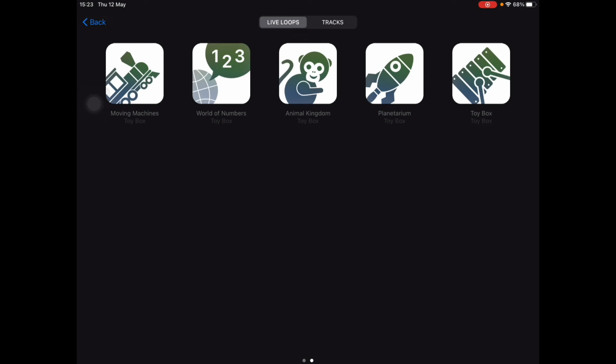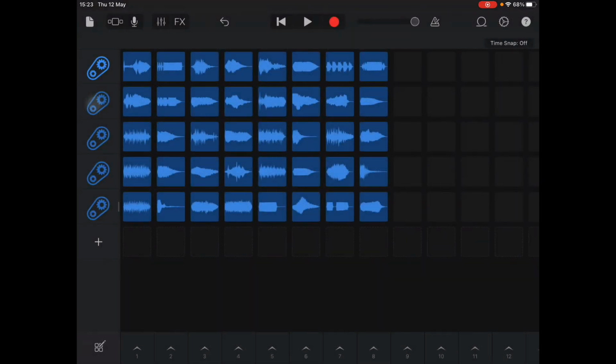Also, within that Toy Box section of sounds is the Moving Machines section, which will allow you to test out various sound effects from vehicles or planes and things like that. For example, that's the noise of a car starting, or if I click on another one, that's the noise of a horn